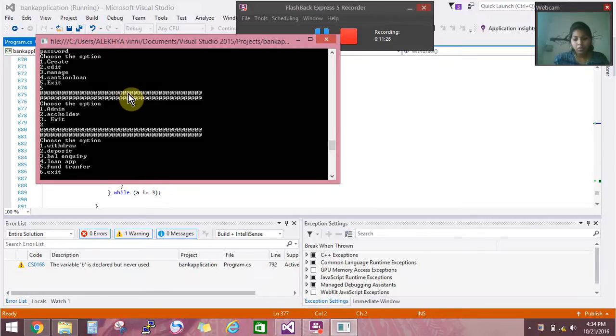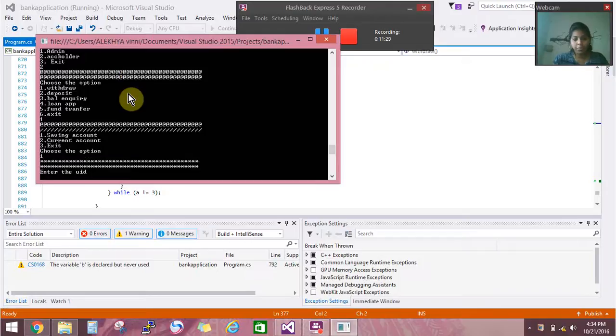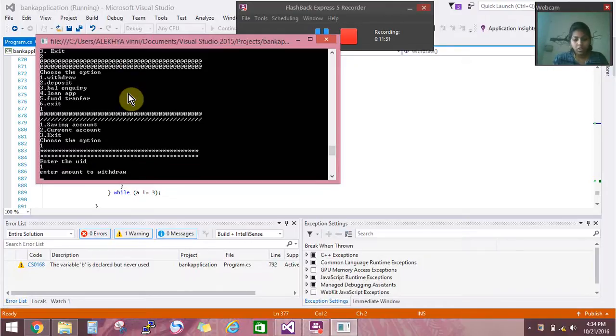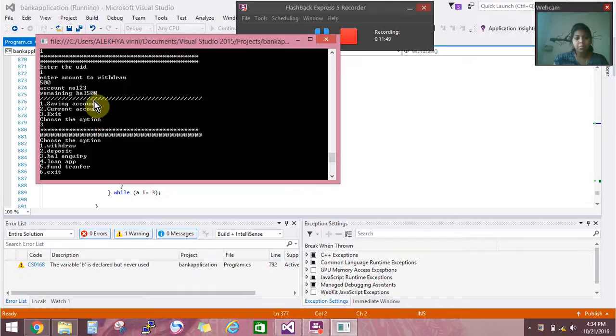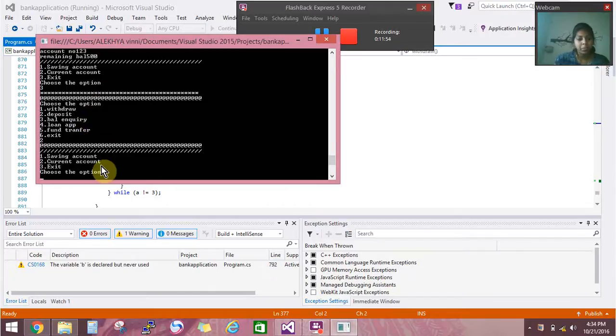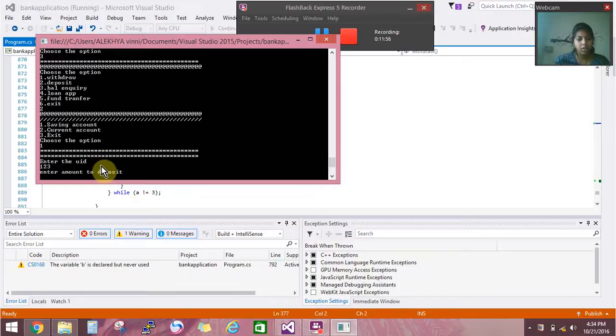If you want to withdraw the money, you just enter with the unique ID. What we entered is 1000 rupees, so when we withdraw it should be like 2000 rupees. So when we withdraw it is 500 rupees, and the account number is 123. So when we exit, and if we want to deposit, as the present remaining balance is 500, when we want to deposit the money in the same particular account, you can just add. When we add 2000,